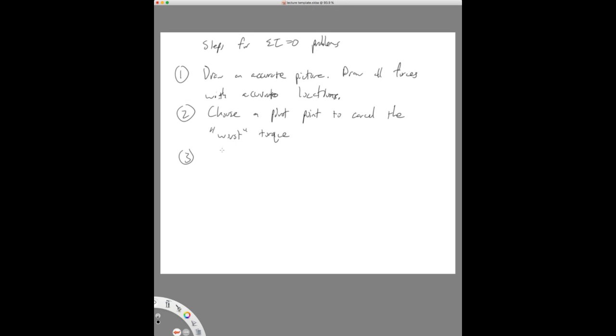Next, we're going to draw in our vectors from pivot point to each force. Now that step, step 3, we might put it later too, but we might as well do it at this step. Next, we're going to write out